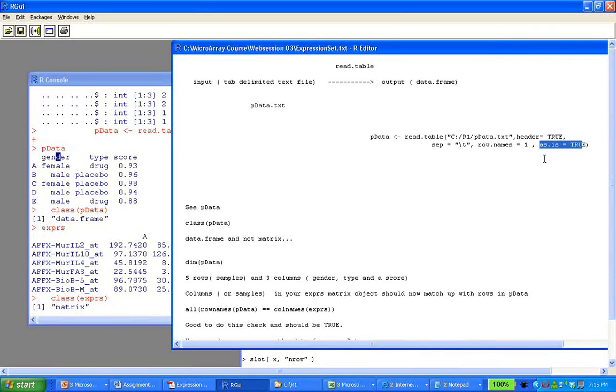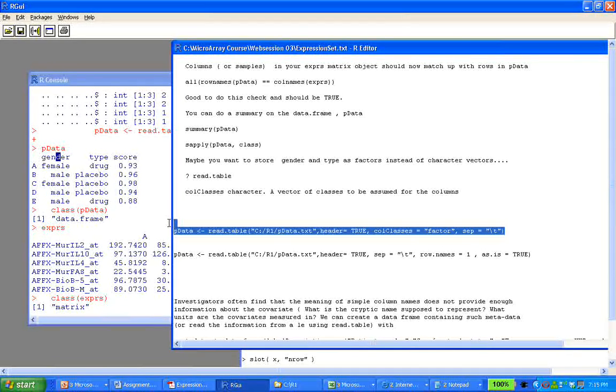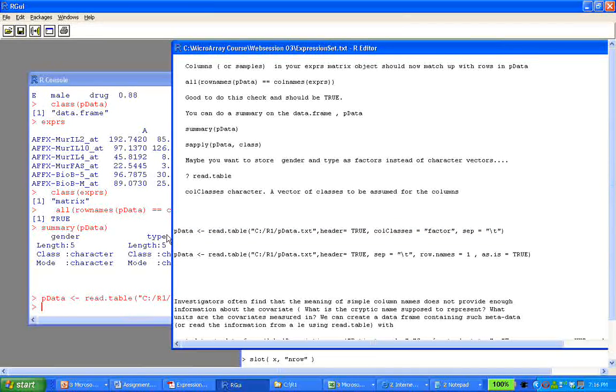But I can instead not use that parameter and use another parameter called colClasses, meaning the class of each of my columns. That can be applied to each column one at a time, but I'm showing you if I were to do it globally. So I'm saying the class of each of my columns, and here I have three columns, needs to be a factor. If that's the way I read my pData,